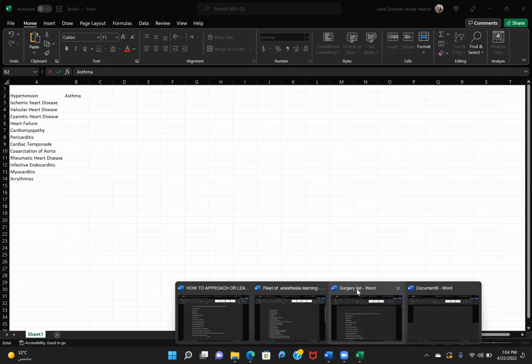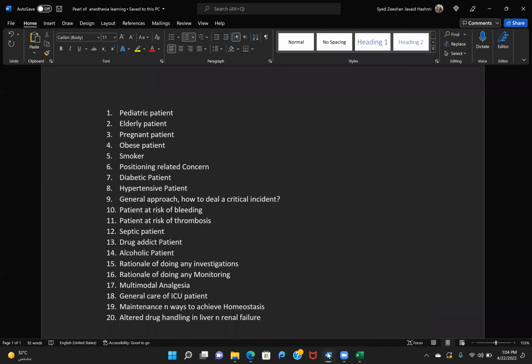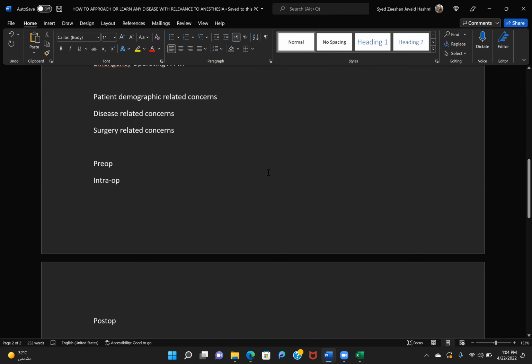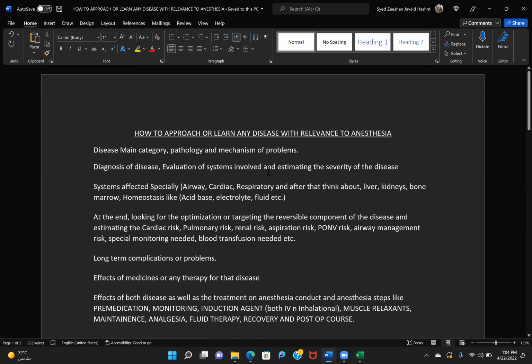Majority of the people are in the habit of reading one book or one set of notes, or they just want prepared material by which they are covering everything on one page. Unfortunately, this is not true especially for anesthesia, because it is very difficult to find a quality book which covers all the aspects. This is the main reason people are unable to prepare the topics well, and then it becomes difficult for them to pass the exam, even if it is written in the form of true false MCQs, or if it is the oral part,